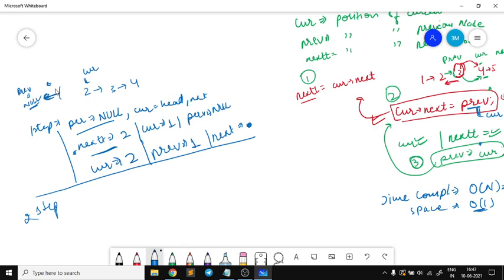Now the second step, again we'll do it as earlier, right? So it will become my next, correct? And this was my previous for the second step. So this pointer will now be shifted to this one, correct? This will be my next. So to shift again to the next one, it will become my current, right? It will become my current, and this will become my previous, correct? So previous is updated, current is also updated.